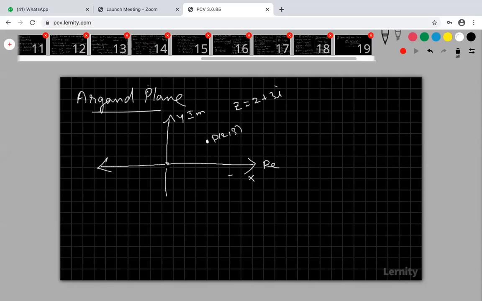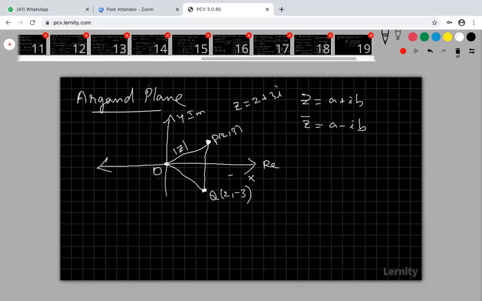The distance between the origin and this point is called the modulus of z. Length, the distance between the origin and the point P, that is the complex number. This is called the modulus. Suppose we take a point Q here, the image of P, it is called our conjugate. My Q is nothing but 2 comma minus 3. If z is equal to a plus ib, the conjugate is denoted by z bar. Conjugate is a minus ib.